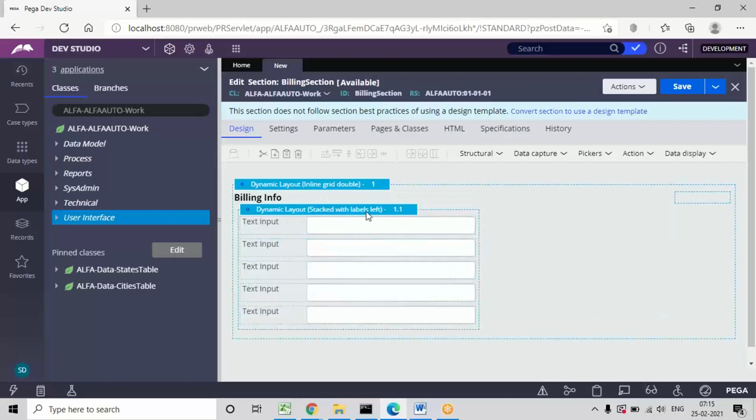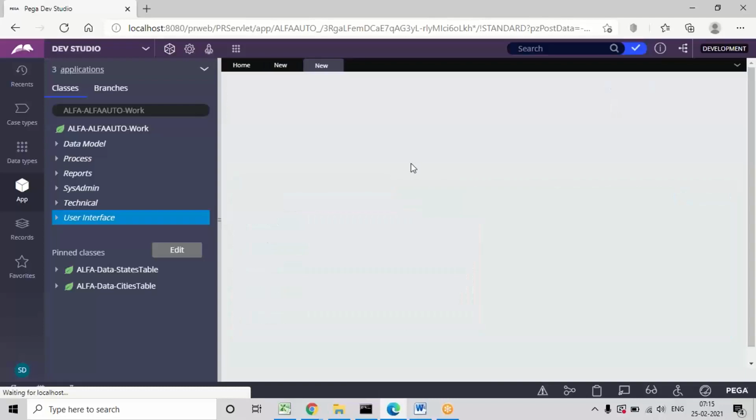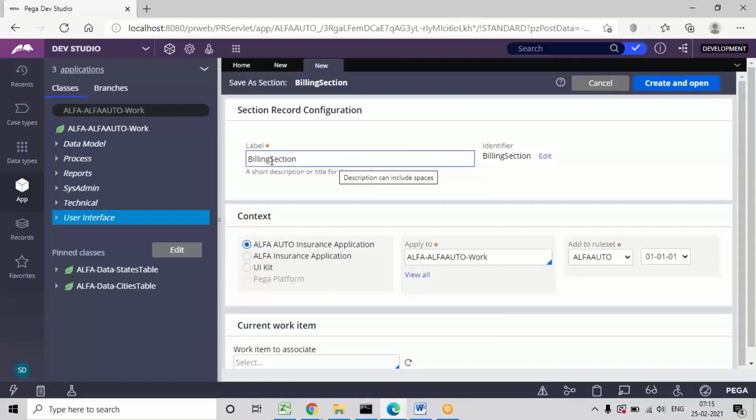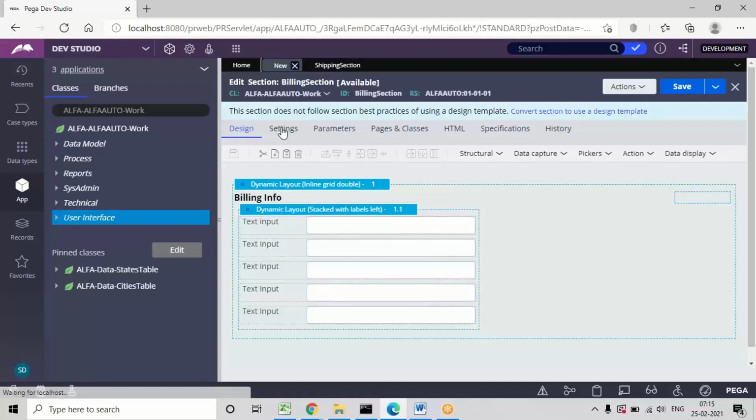But before mapping properties, I want to use the save as option, guys, because the template is the same for the shipping form also. Use the save as option and update the page title. Before mapping column names, open save as, update the design and section name, and open the template. Meanwhile, first go back to the billing section and update the properties.